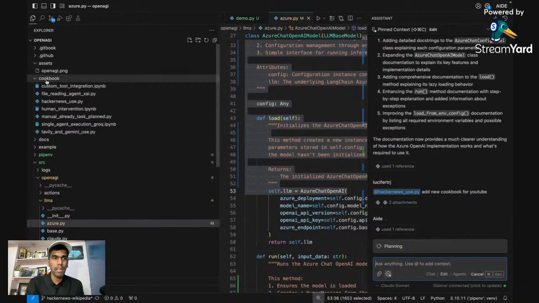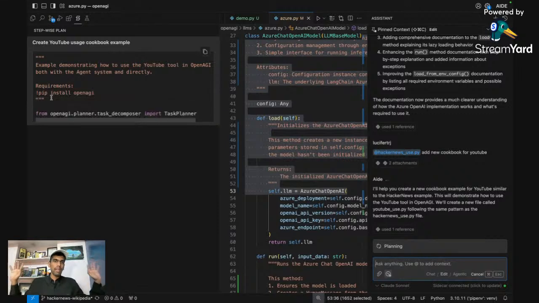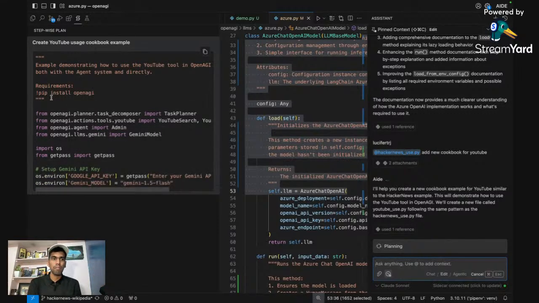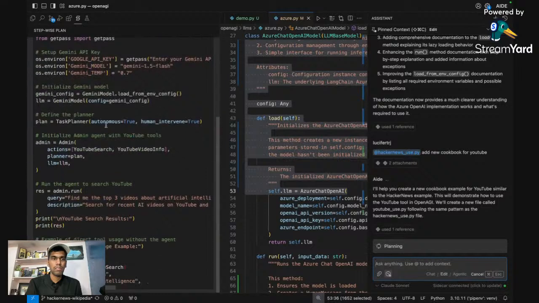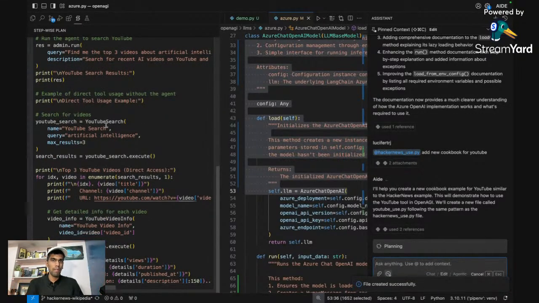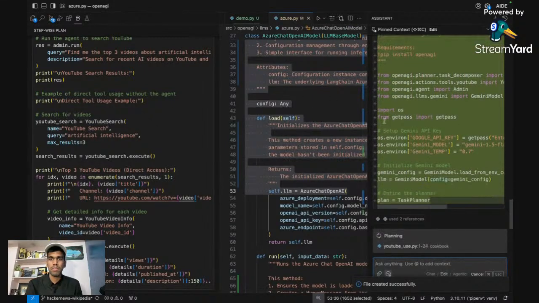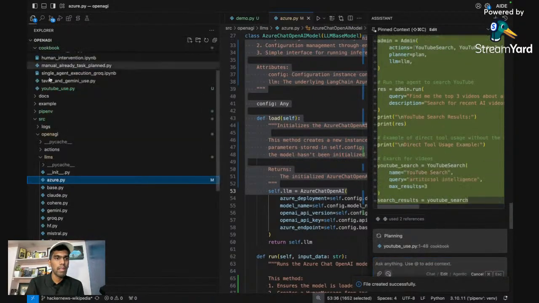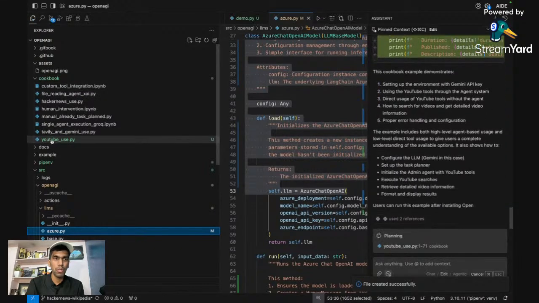Now, if you see here, it will create a new cookbook inside this particular directory, and I'm not writing even a single line of code. So it's just automatically writing the entire thing and you don't even have to worry about it. So if I click on the files, now if you see inside the cookbook, you have a new file, which is YouTube use.